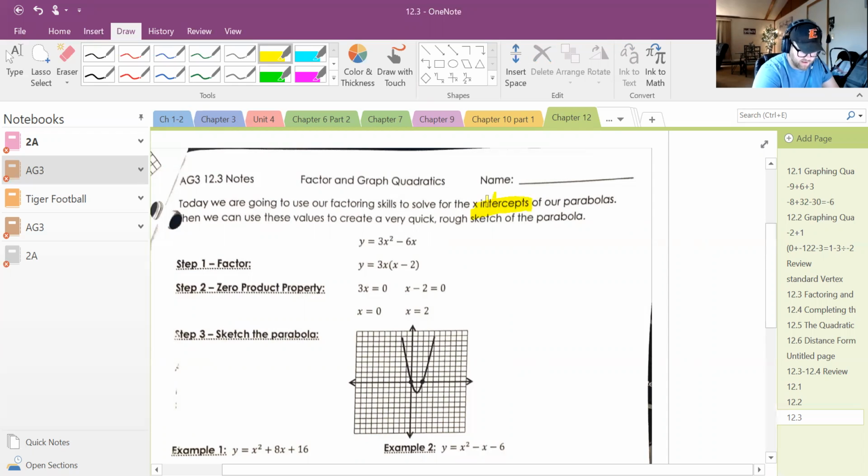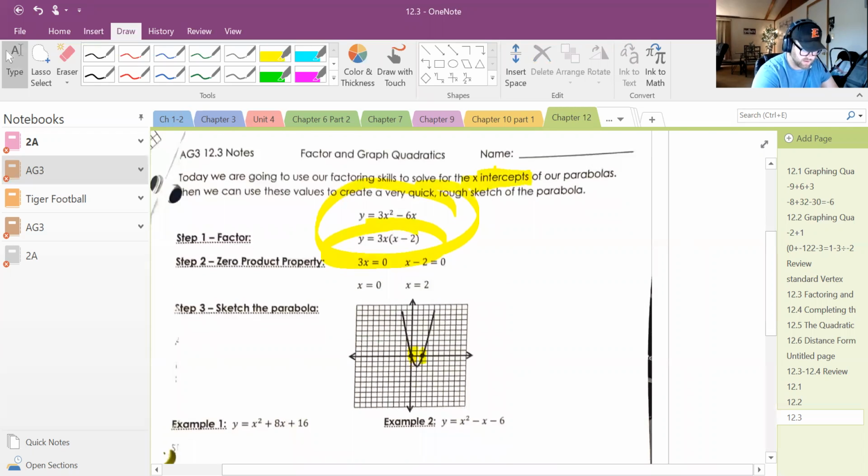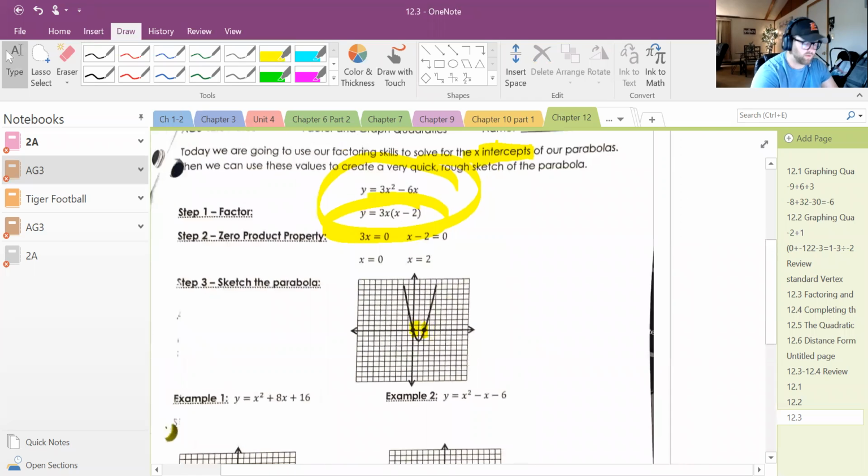Okay, it is the x-intercepts of our parabola, where it crosses the x-axis. Okay, so we're going to take our quadratic and we're actually going to put it into intercept form, where we can clearly see the intercepts after we set both factors equal to 0 after we factor. Okay, so the reason why I call them zeros,